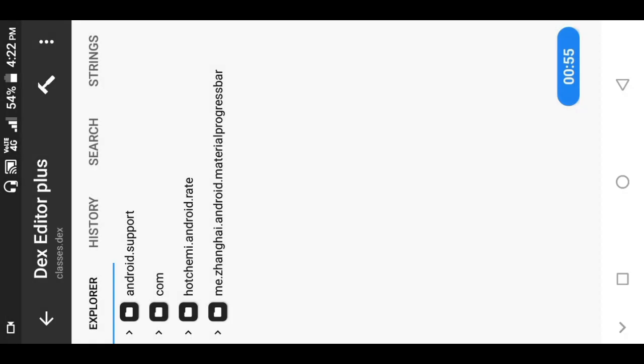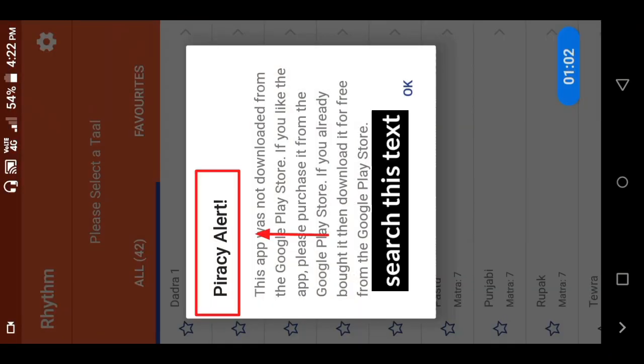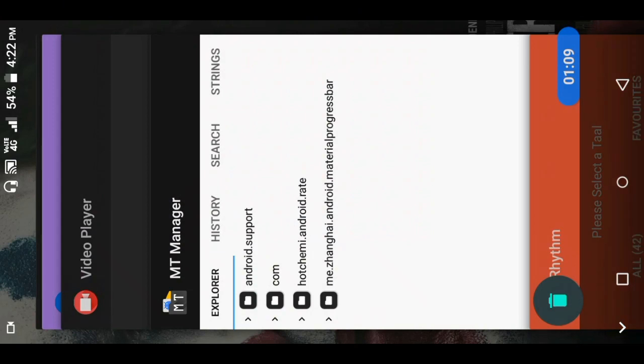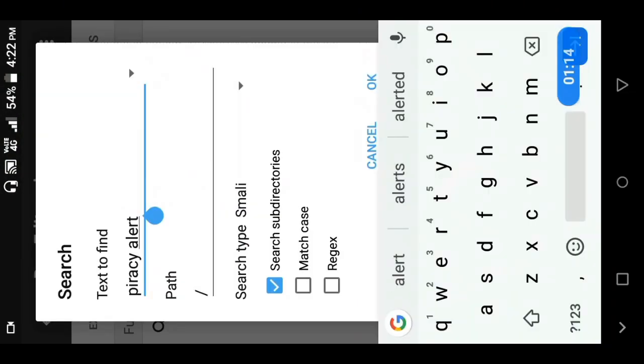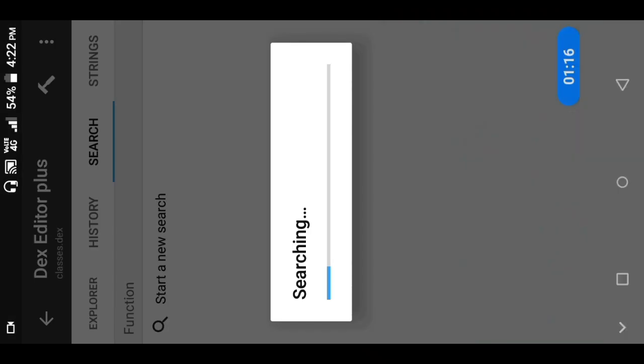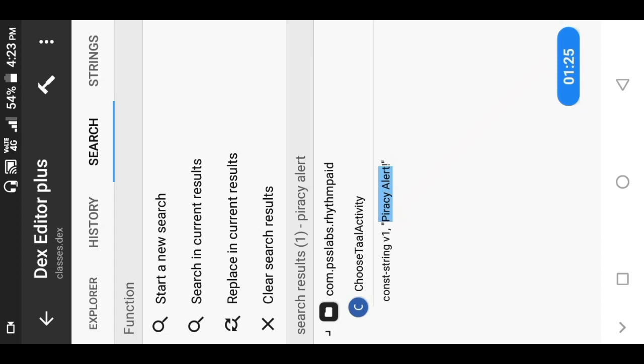When I open this app, it is showing a dialog, so I will search for the piracy alert text on this dialog. I have already searched this piracy alert, so now we got the piracy alert text.